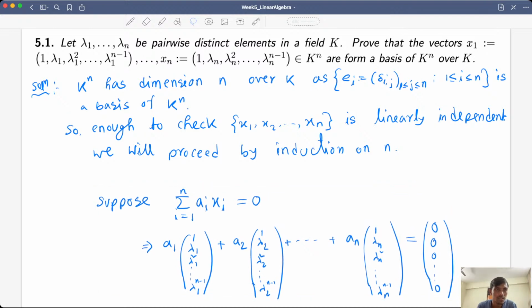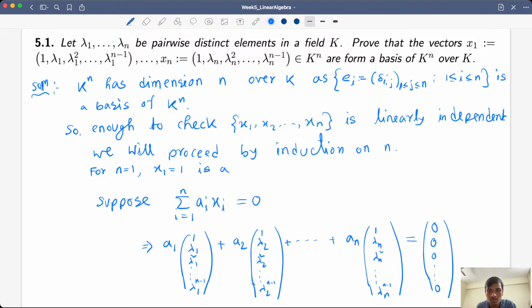So the base case of the induction is true. For n equal to 1, there is only one vector x1, and that is defined to be just 1, because 1 generates the vector space k over itself. So for n equal to 1 it is trivial. For n equal to 1, x1 equal to just 1,